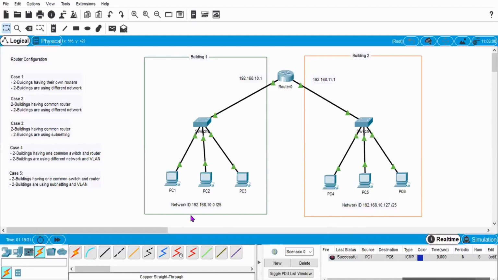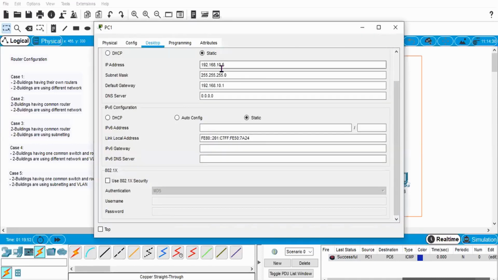Now you can check that in class C, 192.168.10, they are basically in the same network, but if I alter the default subnet mask, I'm applying subnetting, and in this case I have clustered into two parts. On the basis of this, I need to give 128 here. The first IP address of this cluster is 192.168.10.1. So I'm leaving it as it is, just changing the subnet mask.